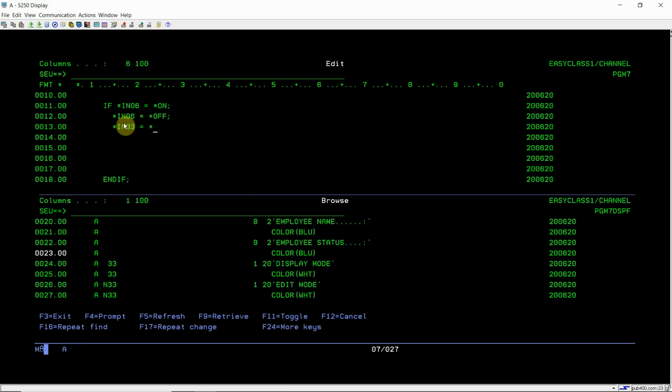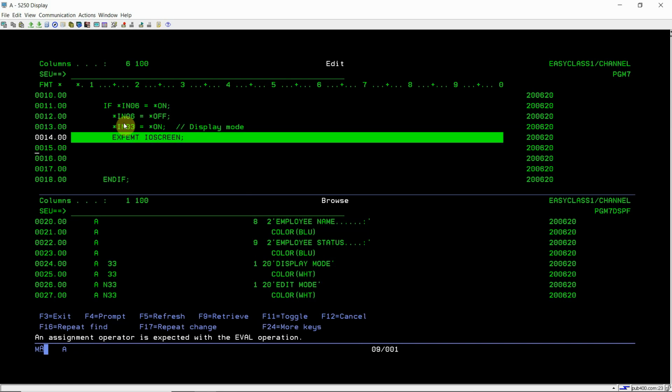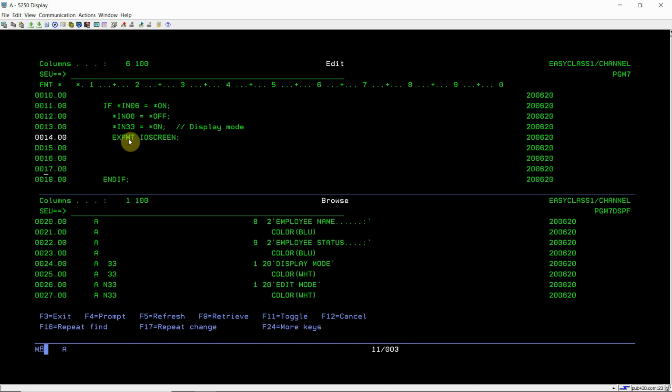Once it gets on, it means I'm opening this in display mode. Now I just have to display the record format IO screen using the EXFMT keyword, execute format.